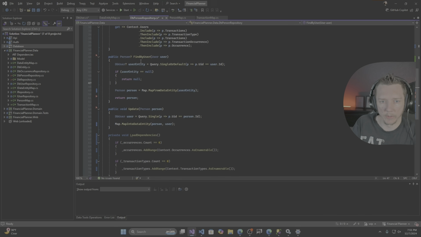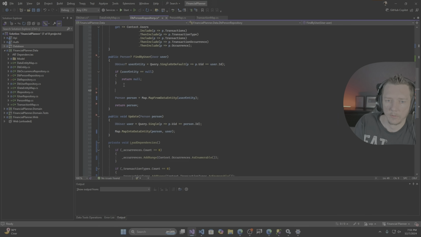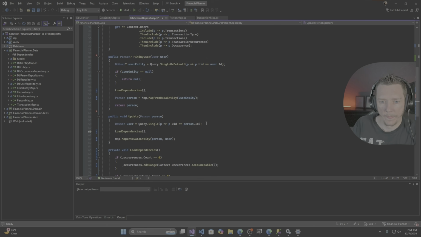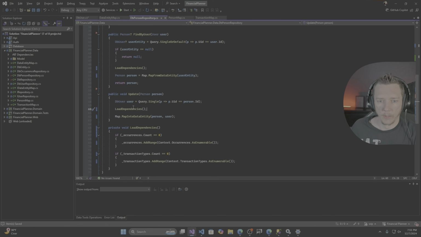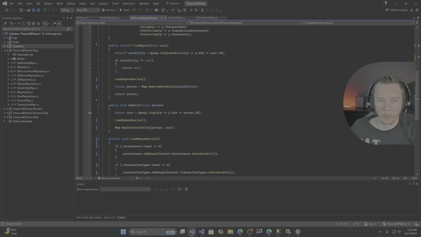And now, right before the mapping, we can do a little bit of an optimization. We don't have to actually load dependencies, and then probably also there as well. We could probably add a null check to the update method, because this is coded to